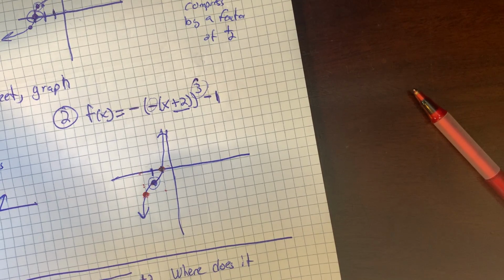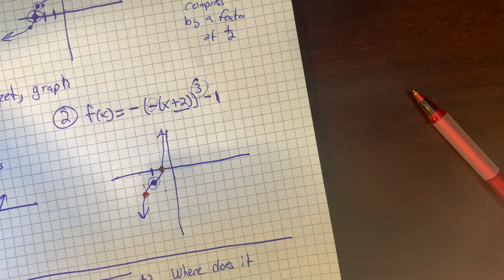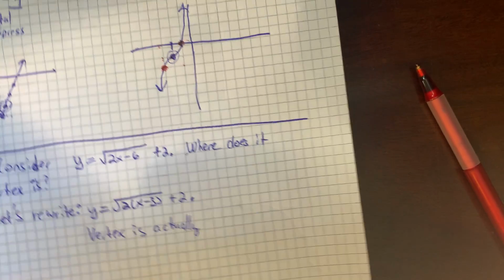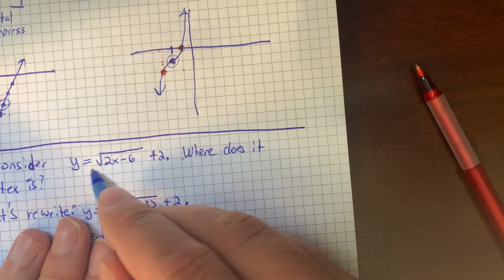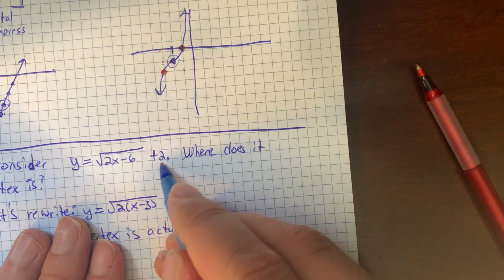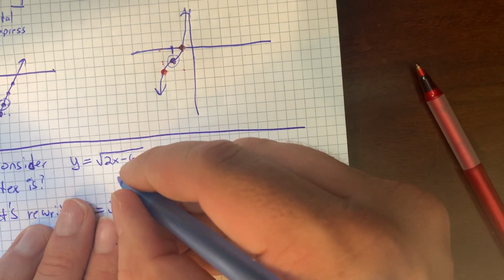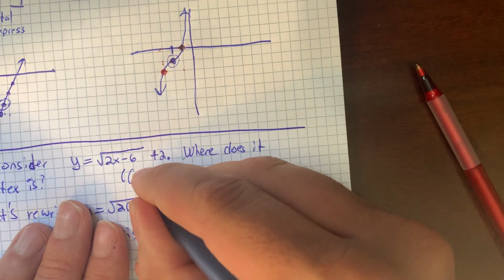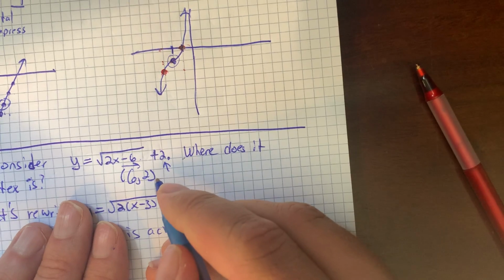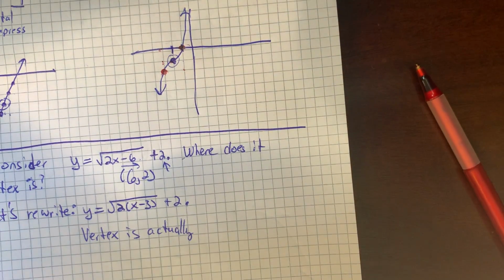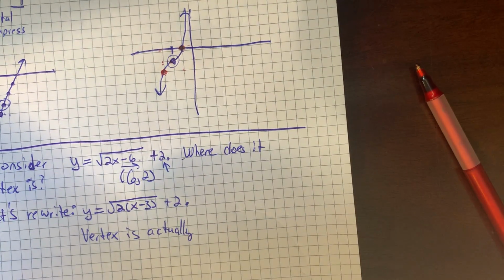All right, guys, go ahead and take a picture of all the graphs you have done on that page and submit it. And there's one more last tricky thing that I'll tell you, and then I'll let you get on to your homework. The last thing is y equals square root of 2x minus 6 plus 2. Where does it appear that the vertex is? I would say that most students would say that this vertex will be 6, 2, 6 to the right and 2 up. However, that is not correct,